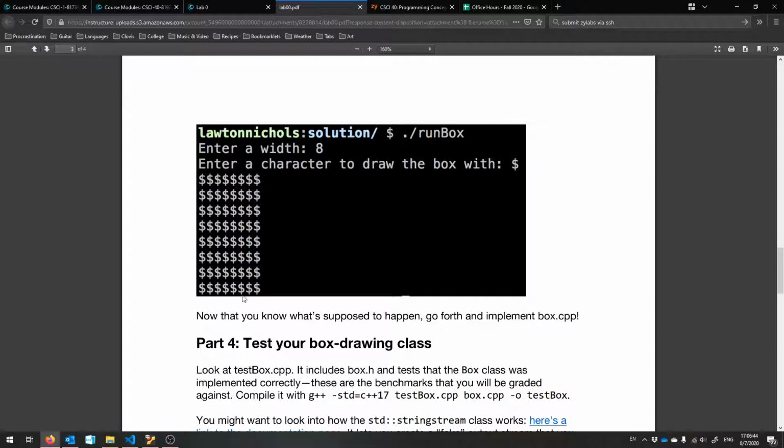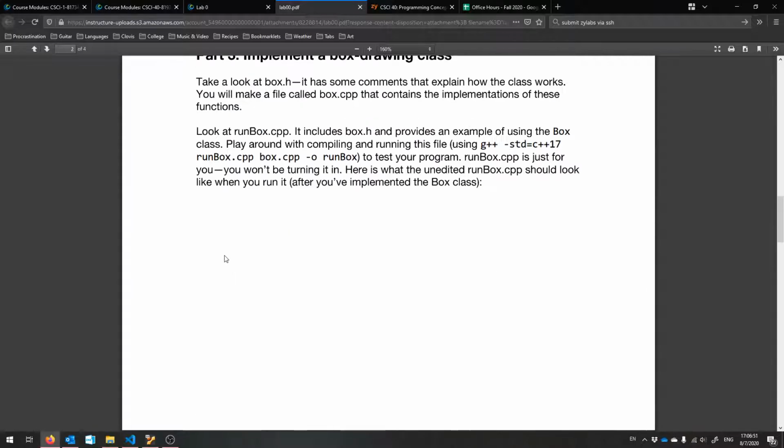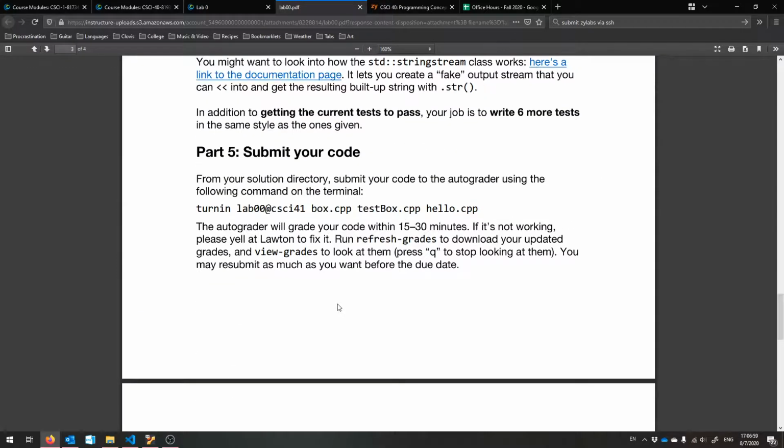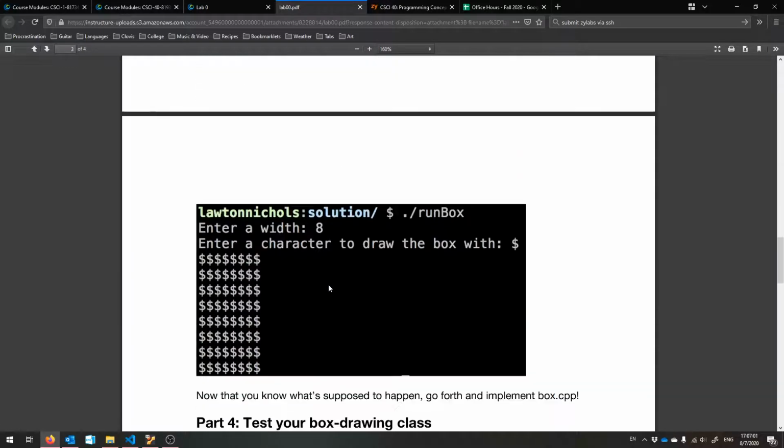So this is an 8x8 box of $ signs. And yeah, that's the idea. That's what you want to happen, and that will all happen inside of this box class. All right, so if you look at the file, let's see, did I mess that up too? No. If you look at the file,